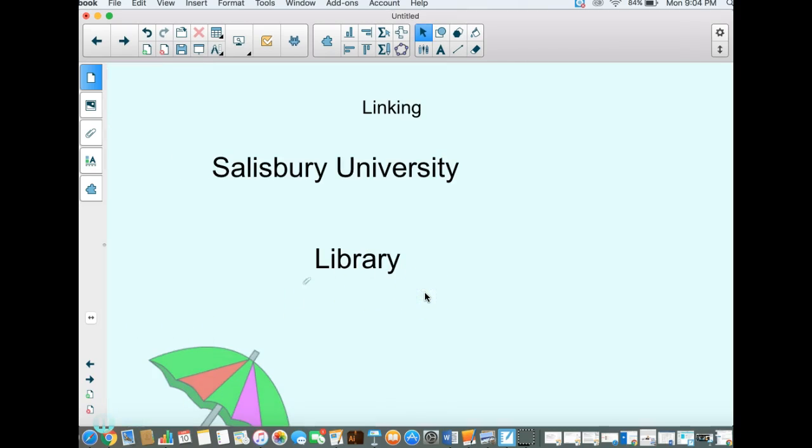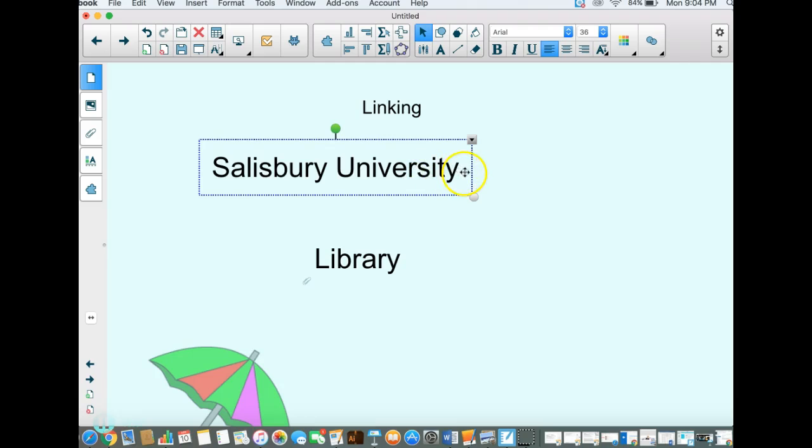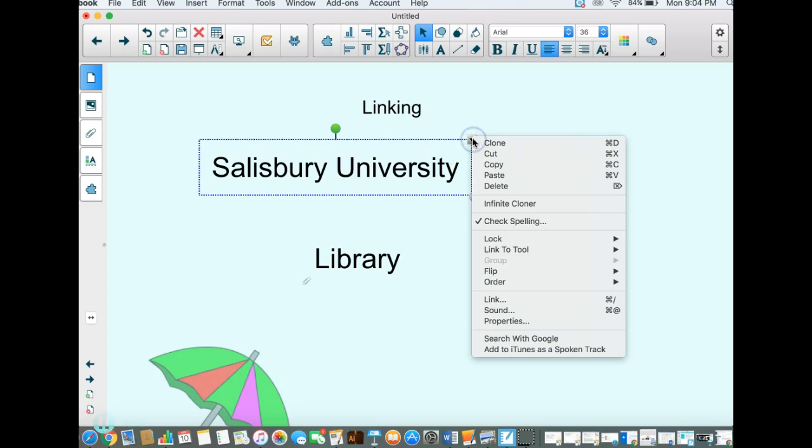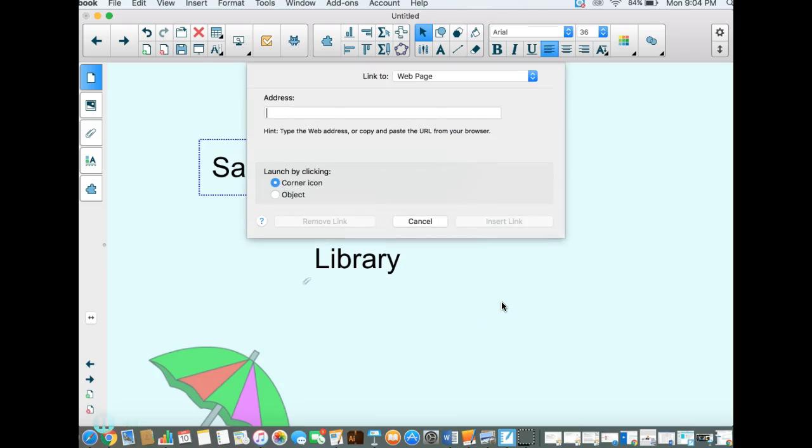All right, last thing we'll talk about is linking. So this is similar to what we've done in other software. In order to link something, all you have to do is type a phrase, like here I have Salisbury University. Click the drop-down menu, go down to the bottom and choose link. And from here, I have different options. I can link to a web page because that's what that's set to now. And since that's Salisbury University, I would just type